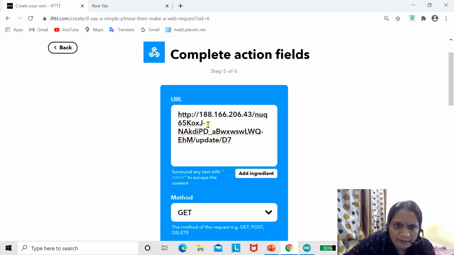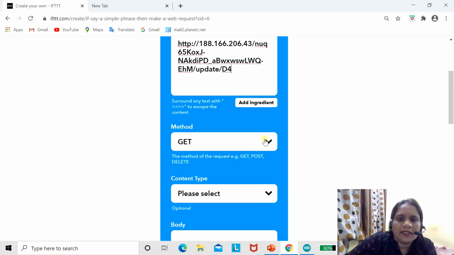Once we paste the authentication key, here we have to give the pin number which we connected while doing the GPIO connection. Just put the button that we connected there. We have connected it to GPIO 4, so we will enter it here. Then we have to choose the PUT option.